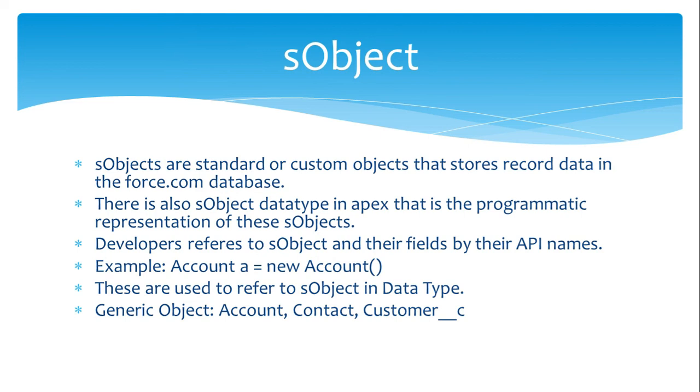sObject: sObjects are standard or custom objects that store record data in the Force.com database. There is also an sObject data type in Apex that is a programmatic representation of these sObjects. Developers refer to sObjects and their fields by their API names. Example: Account a = new Account();